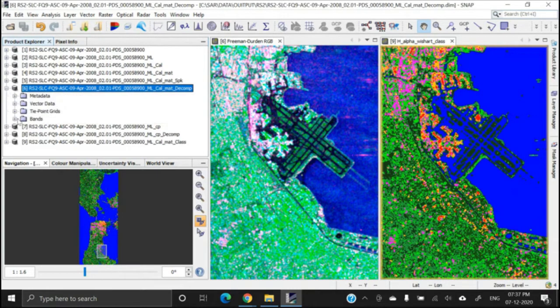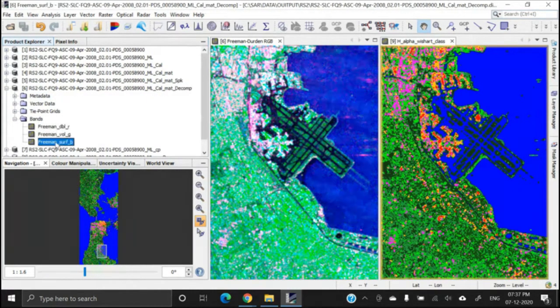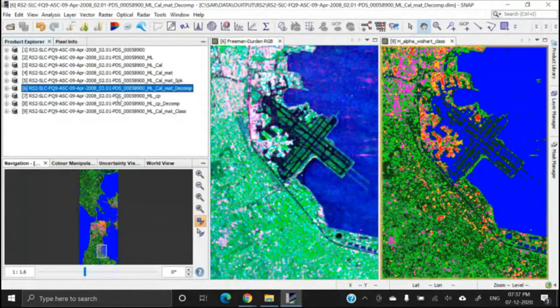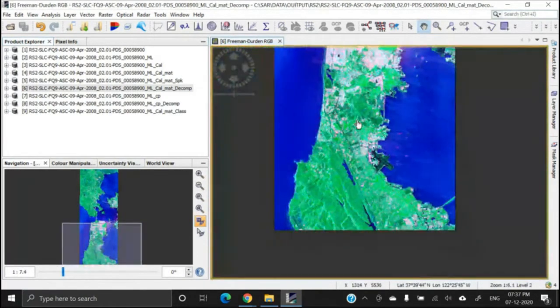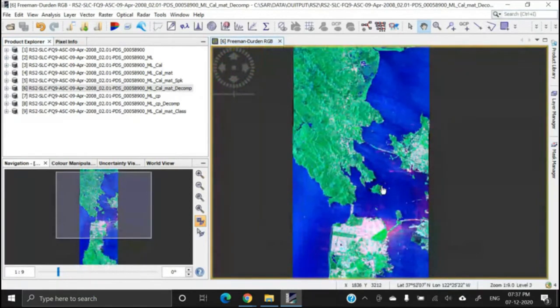As you know, in the decomposed products, basically they are being converted into red band, green band, blue band, or this kind of bands, and the complex structure is lost. Therefore, this classification will be performed on this decomposed product. So, how to do the classification? Just do one thing, close this unsupervised classification result. There is no more required. So, this is the image on which the supervised classification will be performed, but before that, we have to collect the signature.